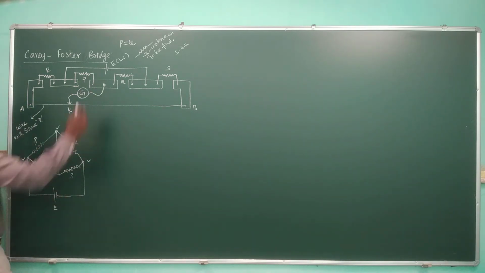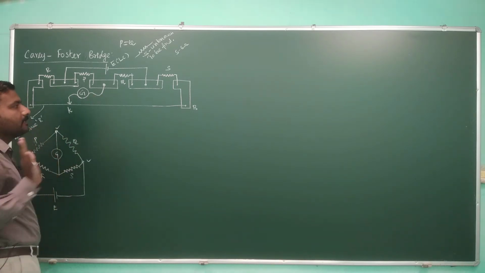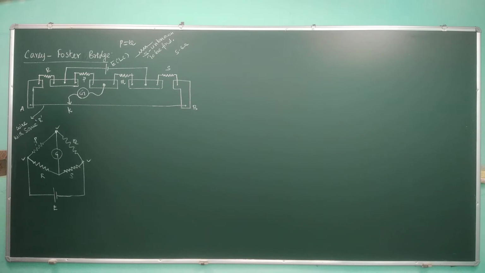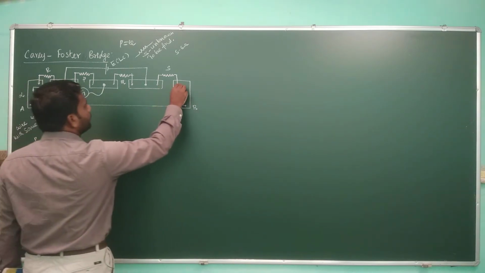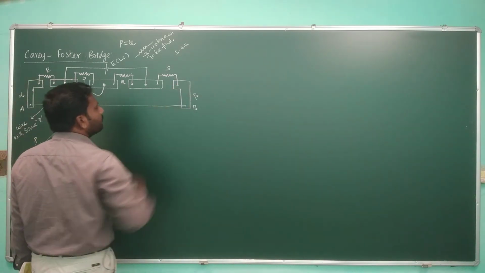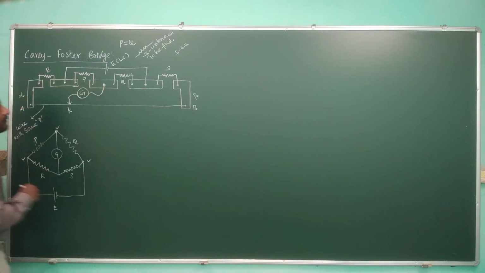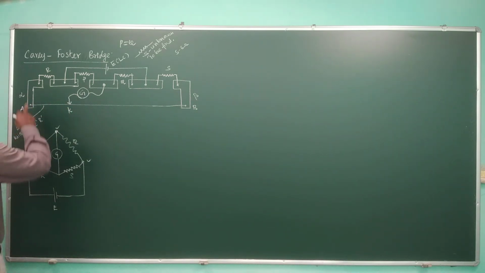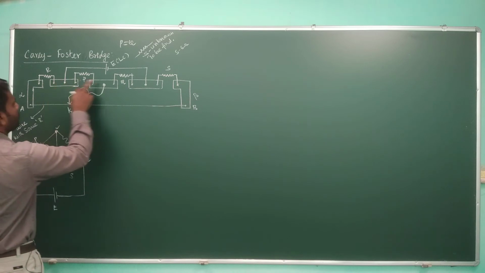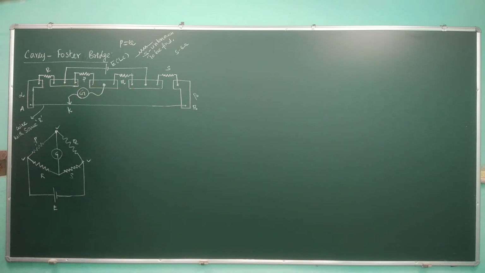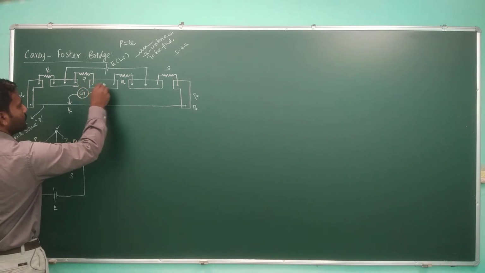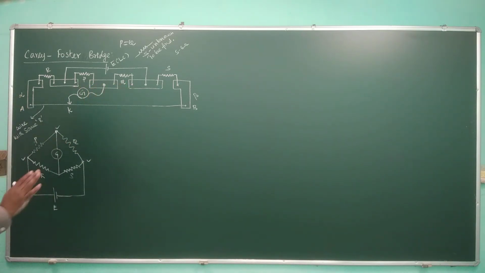So in that way, this Carey Foster's bridge is essentially an equivalent circuit of the Wheatstone bridge. The only thing is, from this point to this point it has the resistor alpha, and from this point to this point it has the resistor beta. Assume like that. That is, this strip has some resistance, as this wire has some resistance, while there is no resistance between these three strips. This strip has zero resistance, here also zero, here also zero. In that way we have to assume.